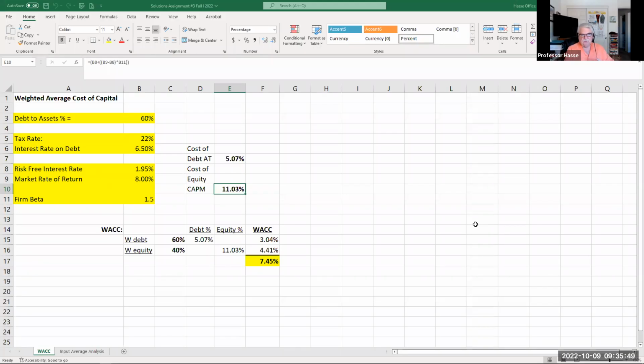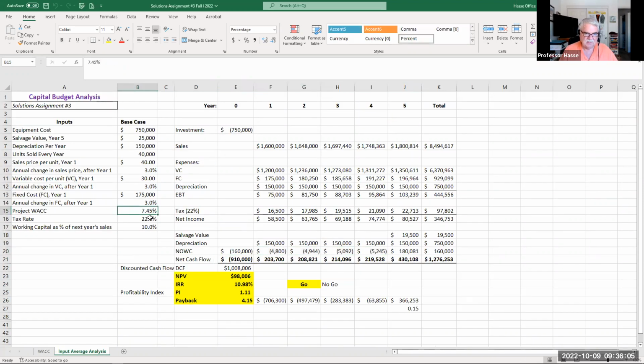Assignment number 3, which we reviewed in class on Wednesday, had a WACC of 7.45% with a capital structure of 60/40 debt to equity. And that proved to be your discount rate in the project cash flow, which we determined